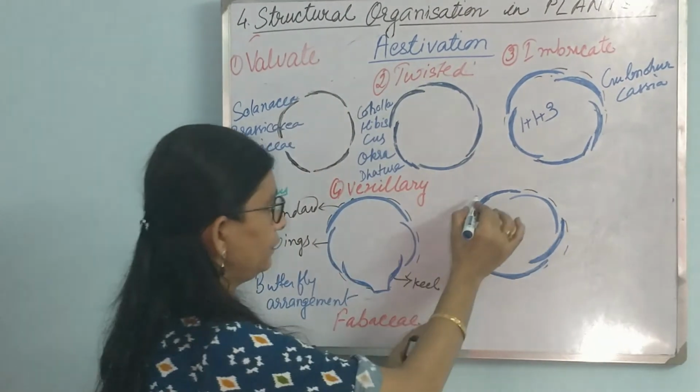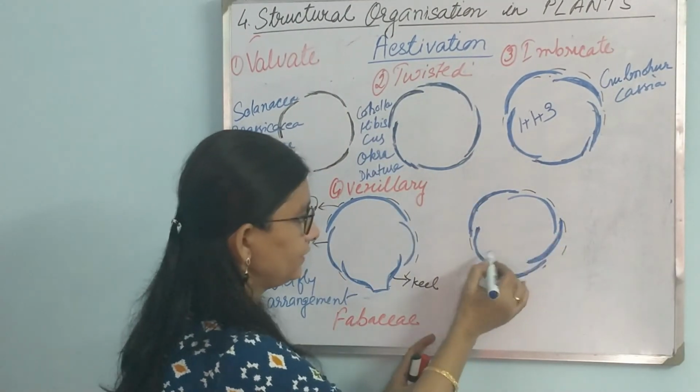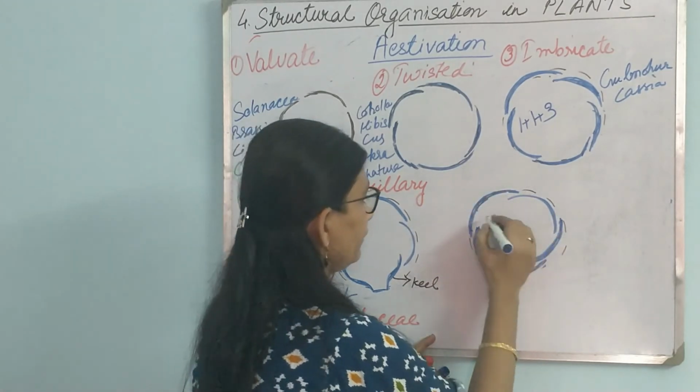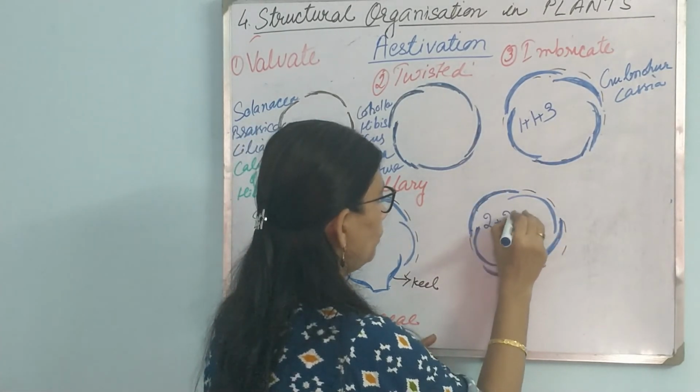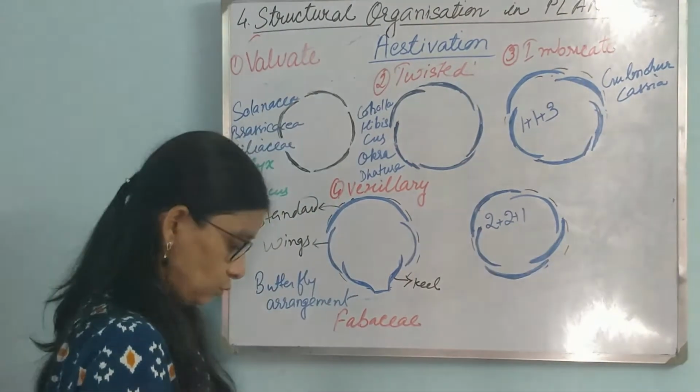So this is outside, this is outside, this is inside, this is inside, and this one is inside-outside. So this arrangement is known as 2 plus 2 plus 1, and the name